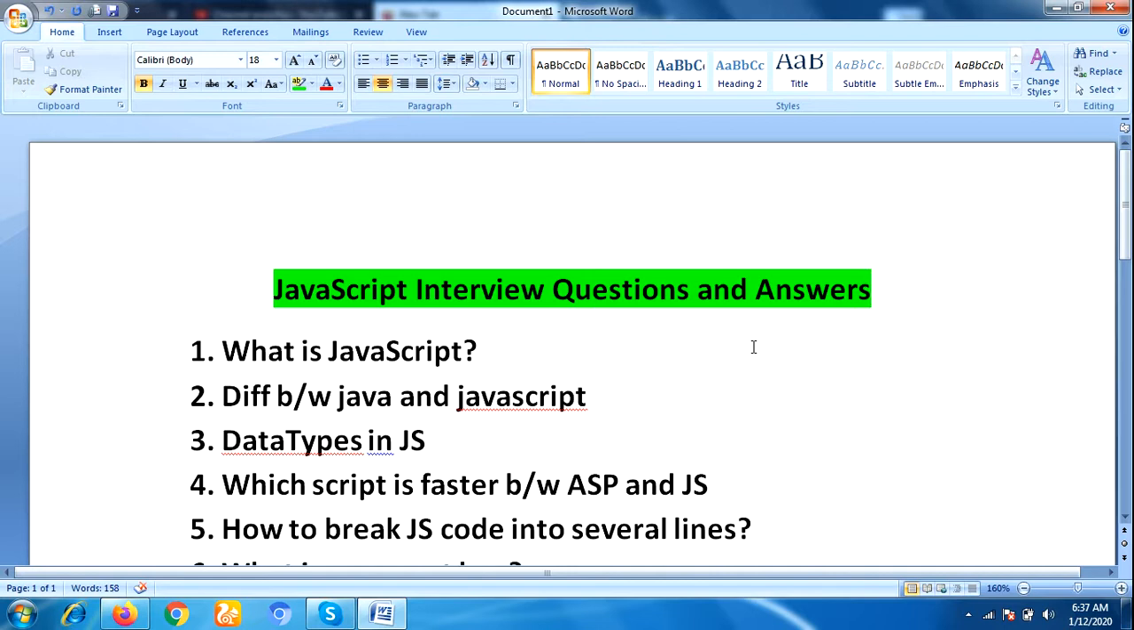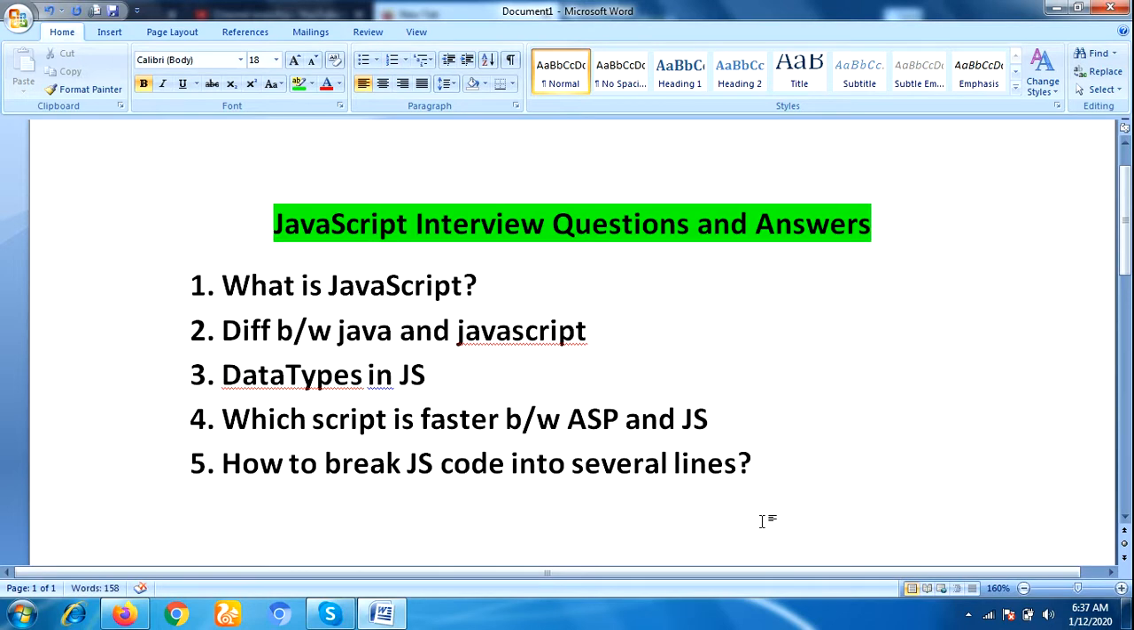The next question is, how to break JavaScript code into several lines? Breaking within a string statement can be done by use of a backslash at the end of the first line. So that means if you want to break the line, then we have to use a backslash like